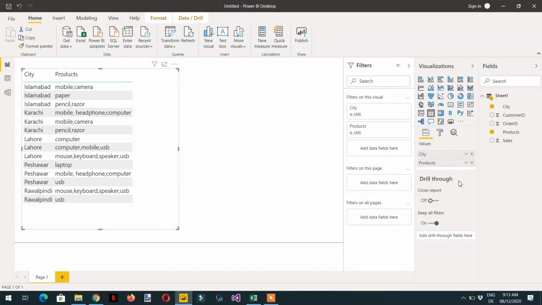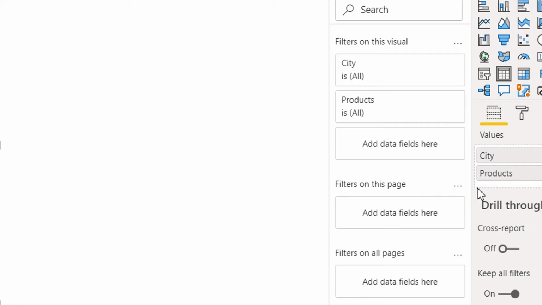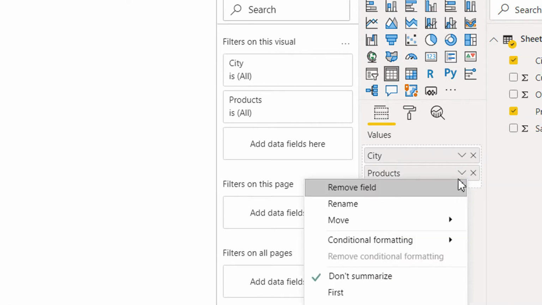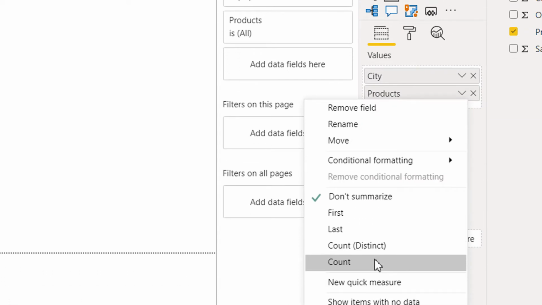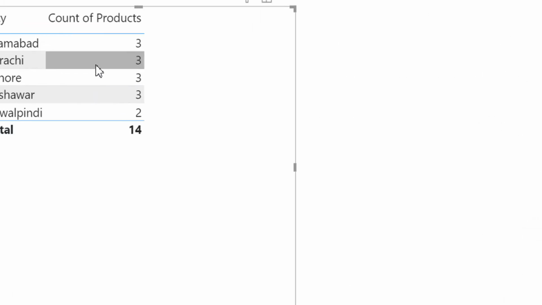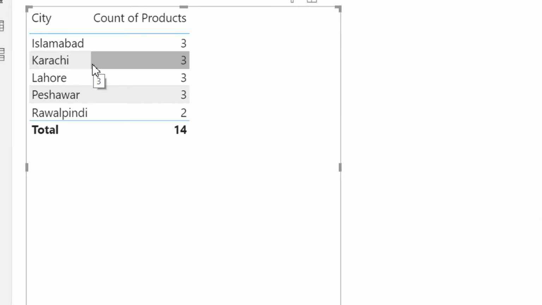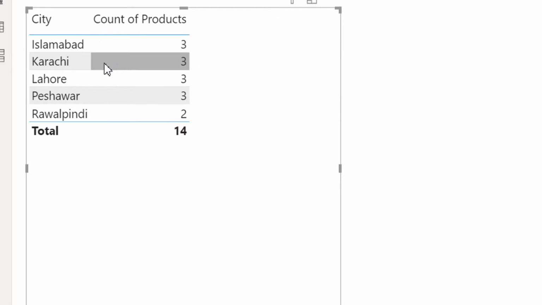So here you can see I can just count, and for every warehouse, from Islamabad, Karachi till Peshawar, we are getting 3 products, and for Rawalpindi we are getting 2 products.